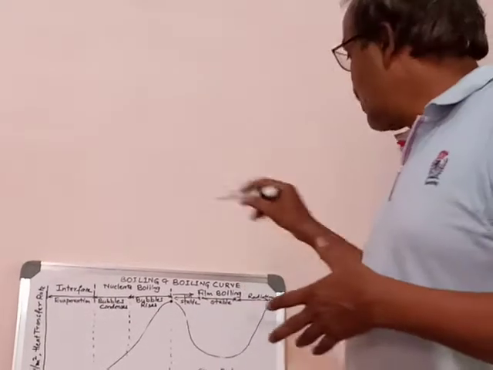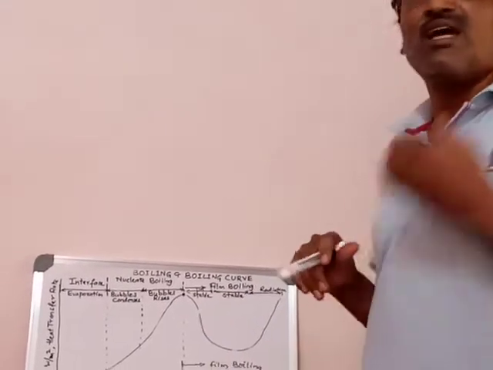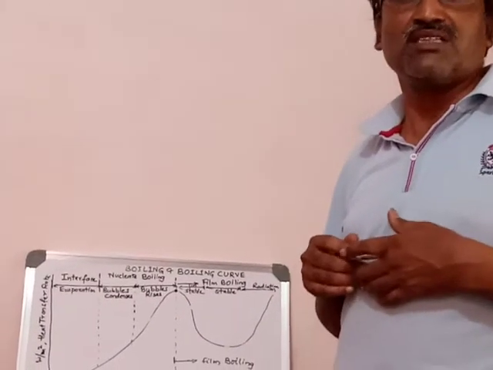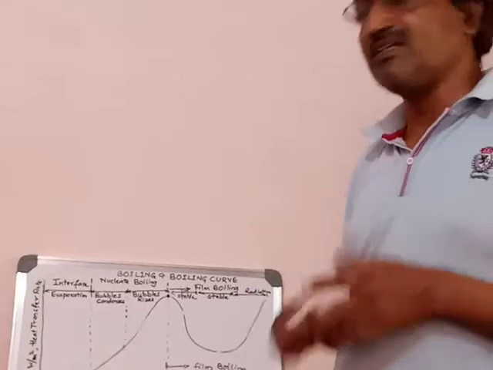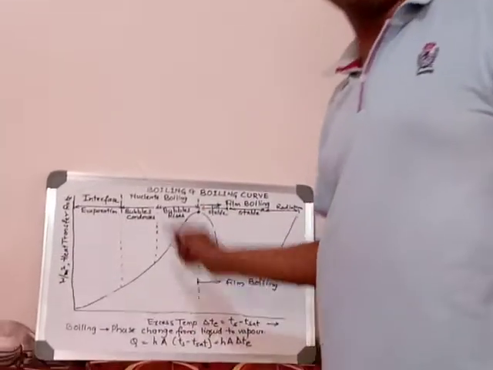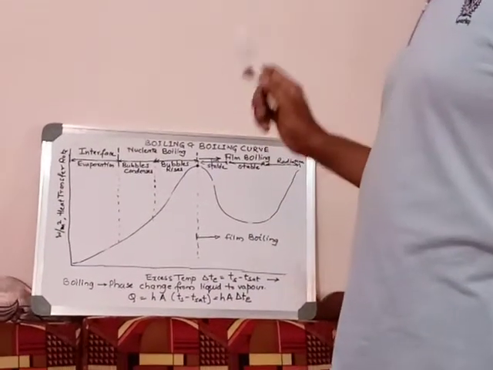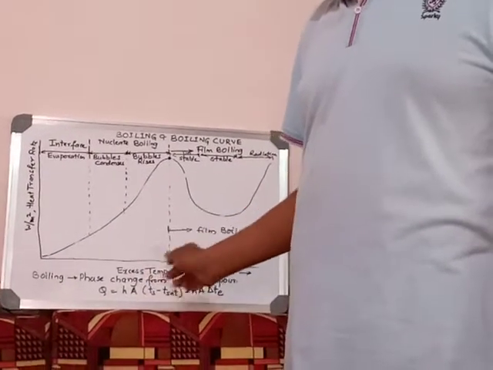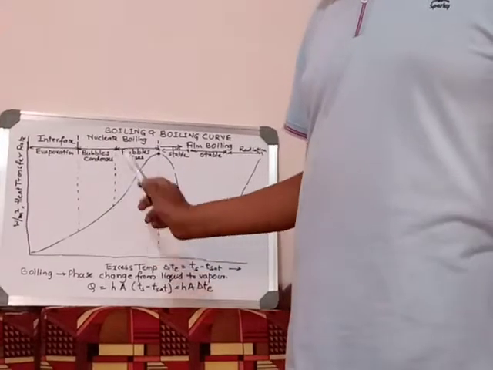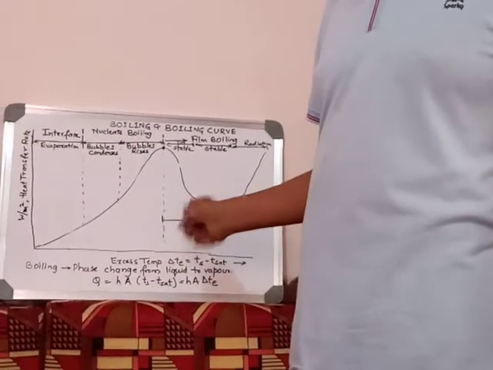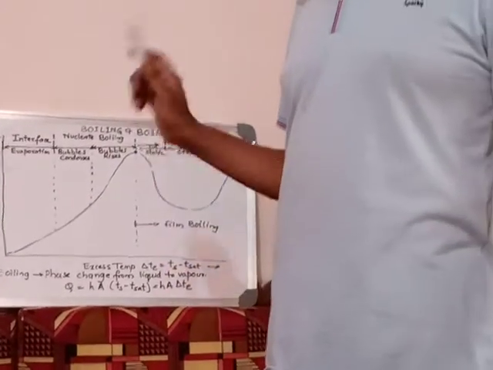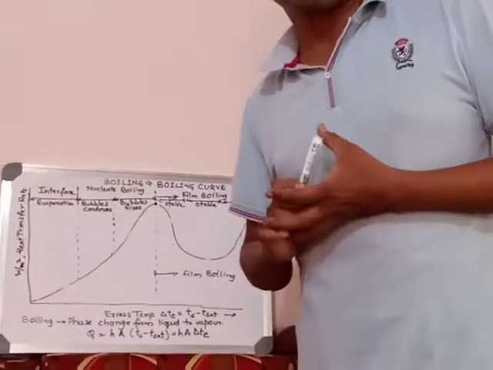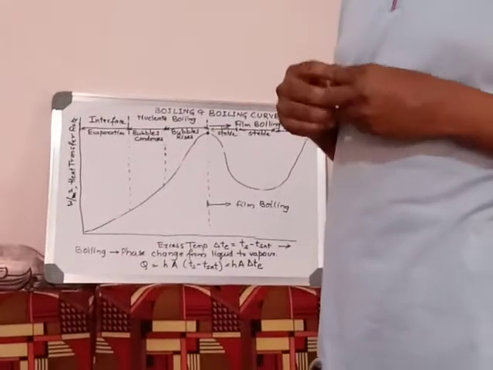So this is called boiling and the boiling curve, and in the examination it will come for 8 marks. Usually 8 to 10 marks will appear. What you have to tell is the definition of boiling, that is phase change from liquid to vapor, and compulsorily you have to give the equation Q = hA(Ts - Tsat). This equation is compulsory, or hAΔTe, the excess temperature. You have to give that equation, and in which situation the liquid is converted into vapor is also very, very important.